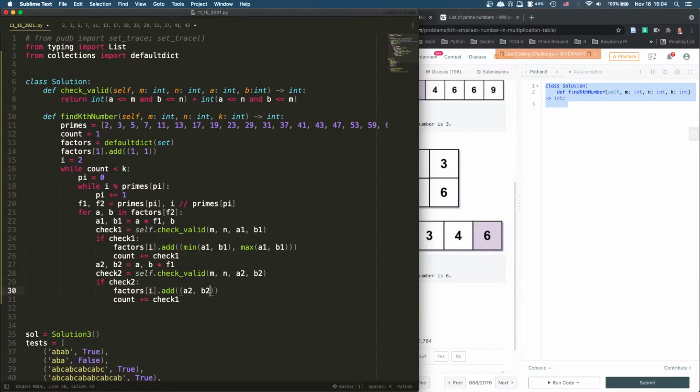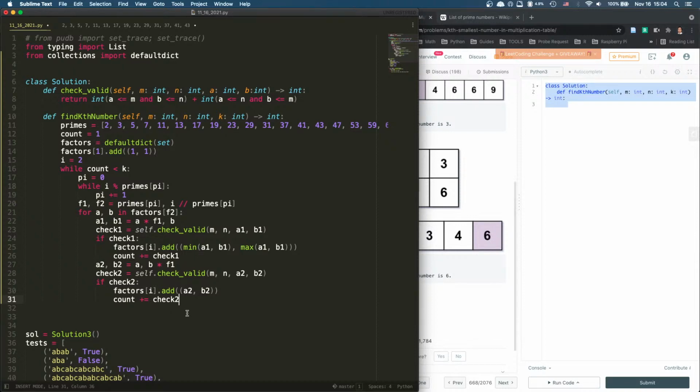This is less clear because I have to time something, so the size can swap. Okay, add this count at check 2, right? And then